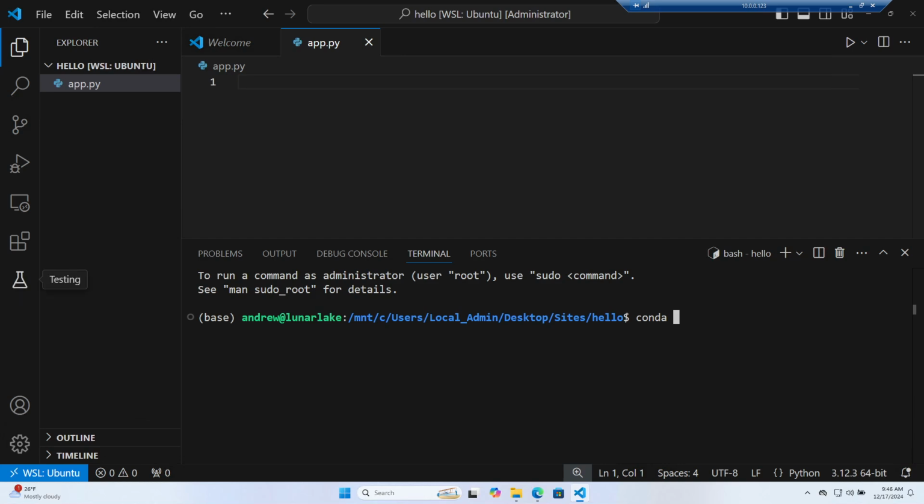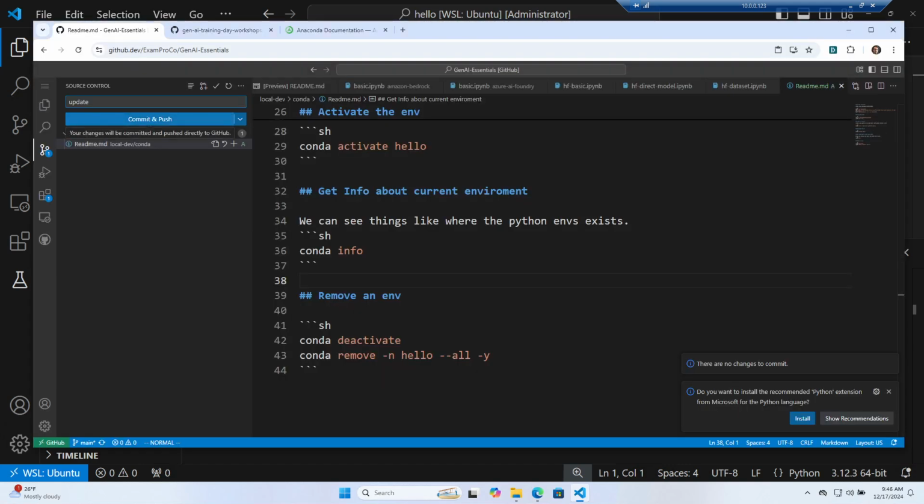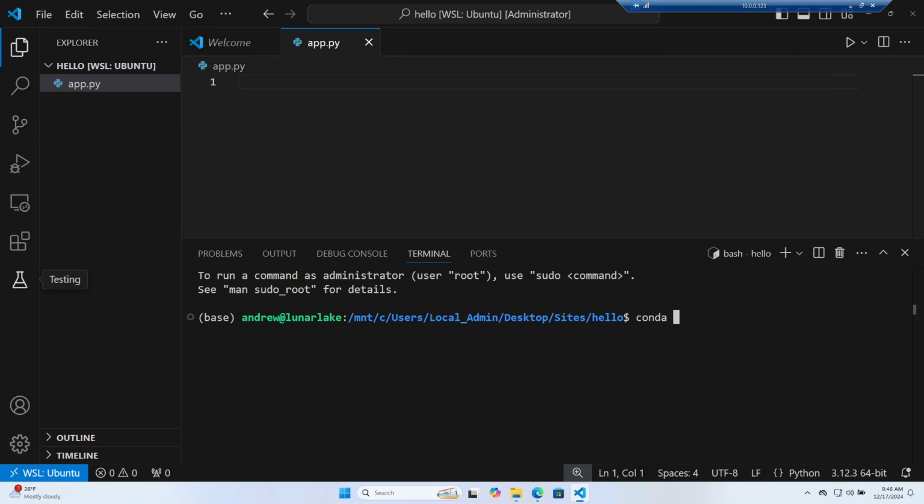But what I want to do is I want to create a new environment, and I honestly do not have this memorized, so I often have to look it up. So just a moment here as I'm looking for the GitHub repo we just had open here just a moment ago, which is here, I believe. And so I'm going to have this off screen, and I'm going to look smart by pretending that I remember this,